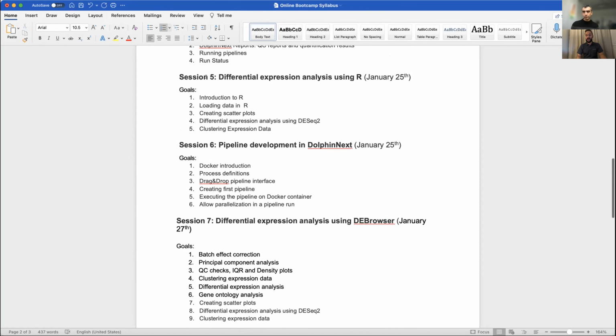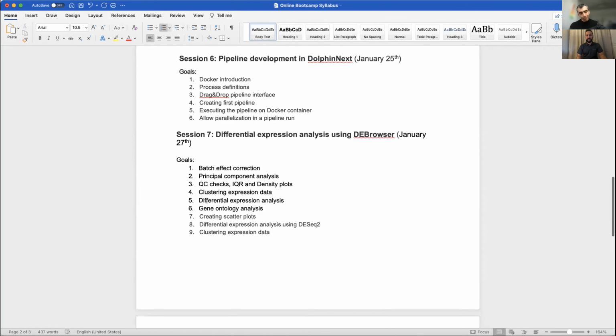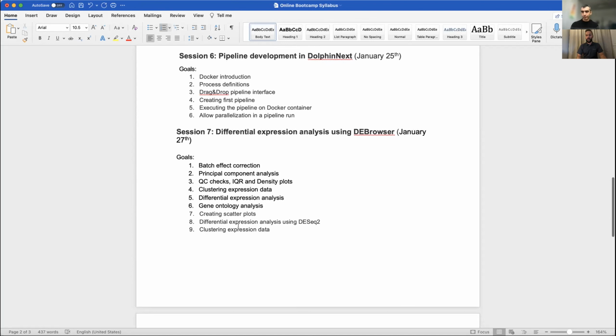I'll tell you later, if you install R and RStudio on your computer, you can move faster. But there are other ways that I will show you when we start learning R. We have R in our cluster, so you can connect and use RStudio in our cluster. I'll show those kind of things later. And then I'll show you the easy way of doing some differential expression analysis using the browser. This is also an interface that you can do many things with without writing a single line of code.